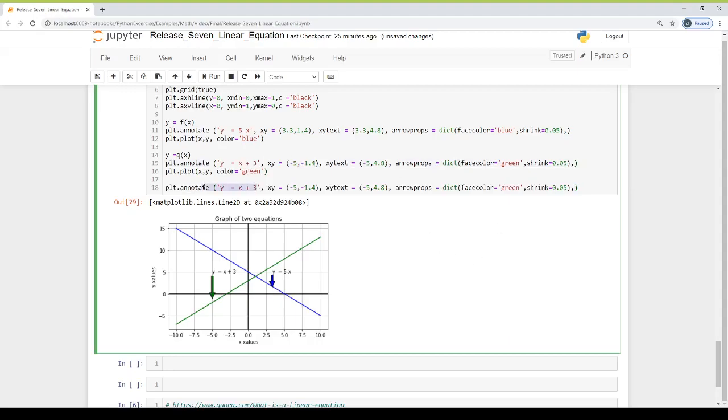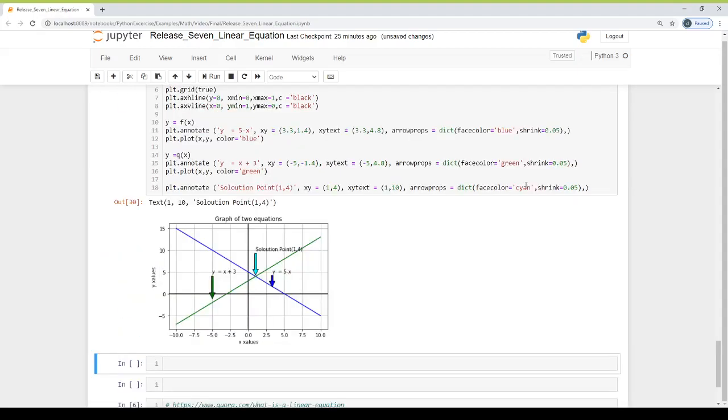This is our solution point, 1, 4 xy, our point 1, 4, and second where we want to print the text, this title, 1, 10, and color here. So this is our solution point, 1 and 4.